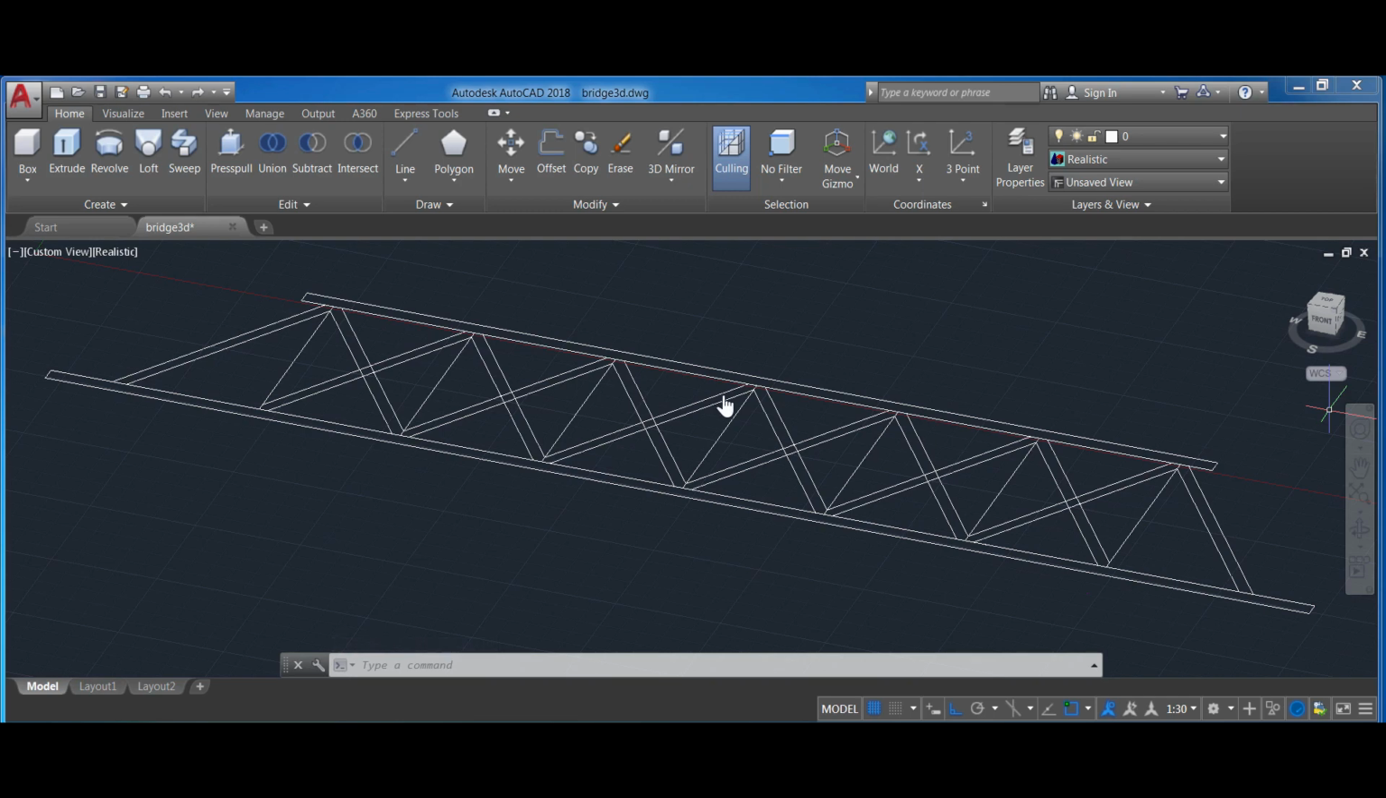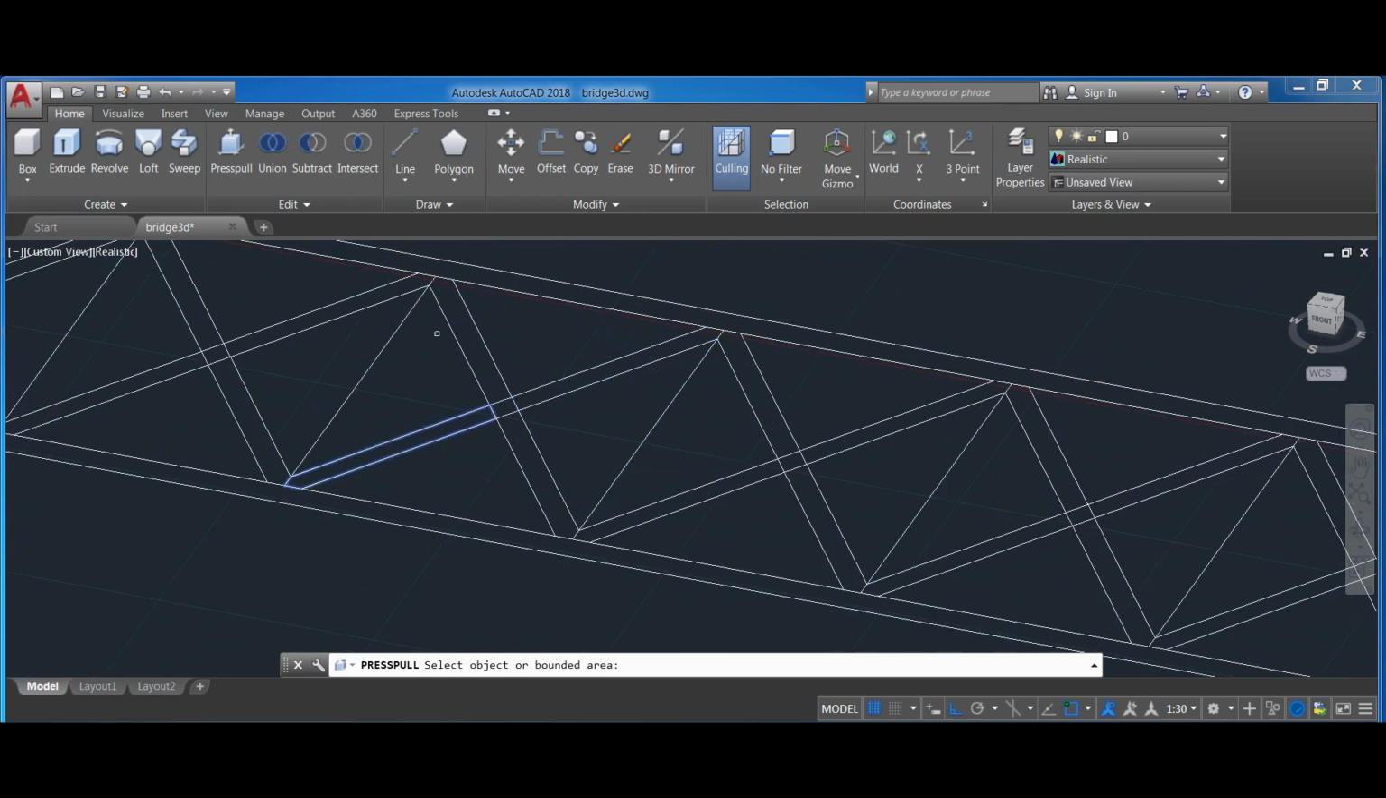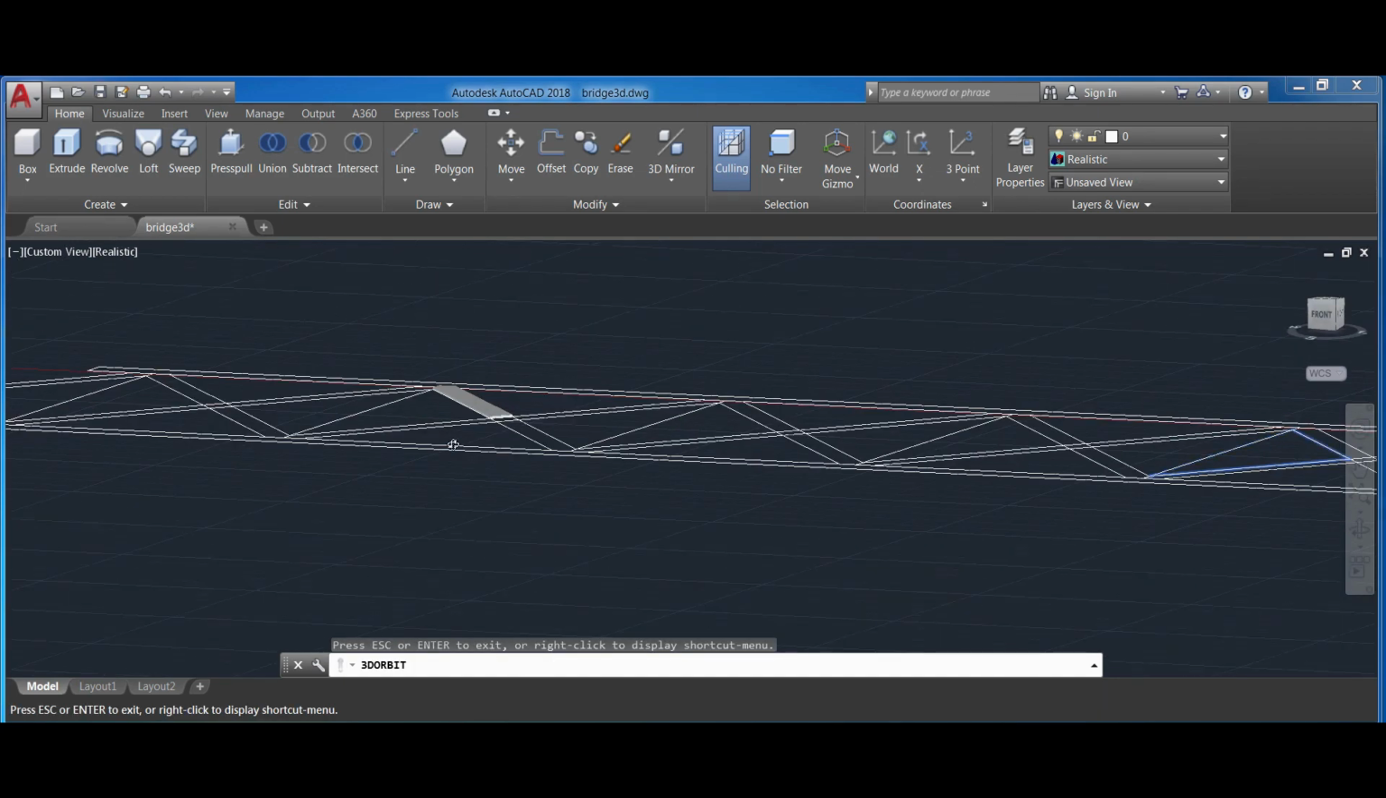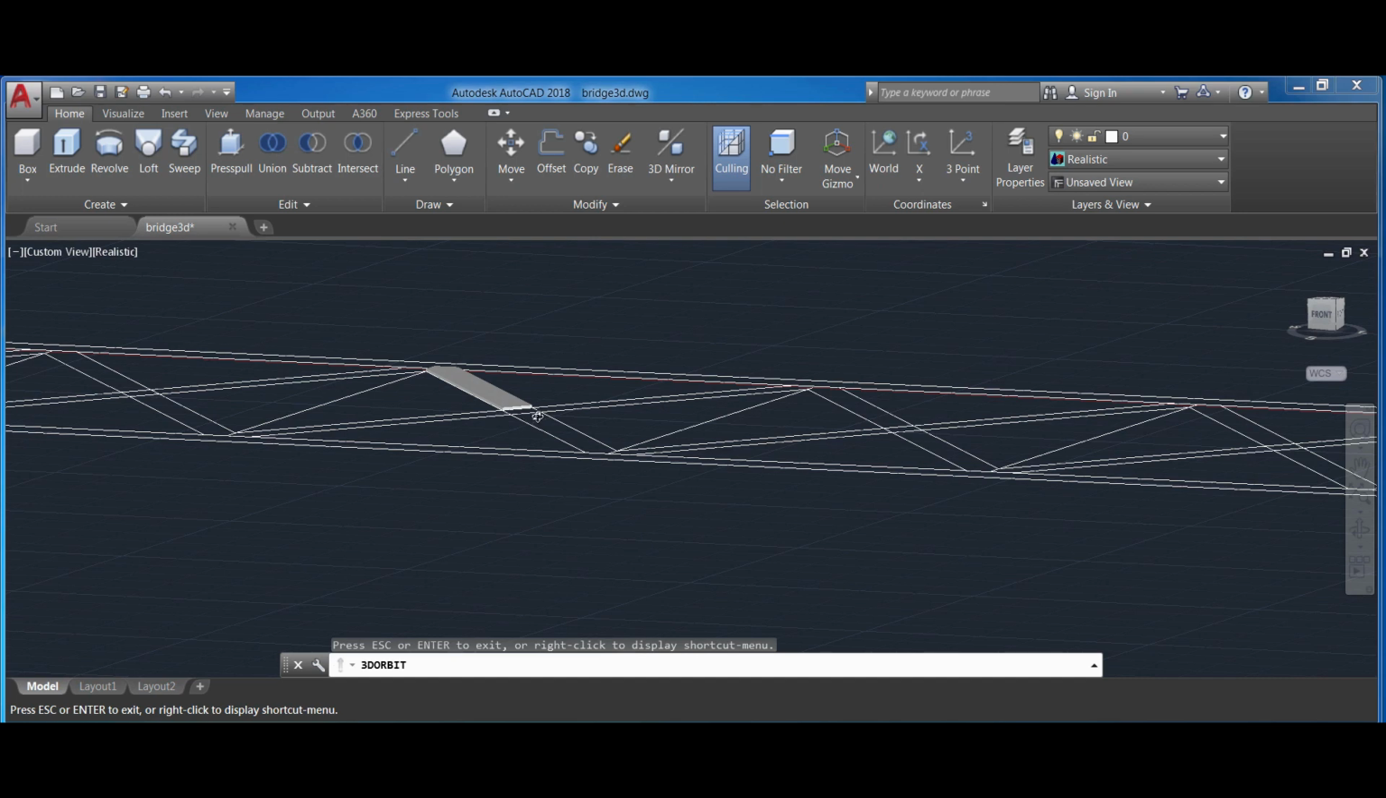The next alternative we have is press pull, and this is really what we want. If I press pull, it's asking me to choose an object or a bounded area, so I'm going to look for a bounded area, and let's say that I want to pull this. If I click, this does what I need. See, this pulls a section there and gives it some thickness. But the problem is, and I'm going to undo it,